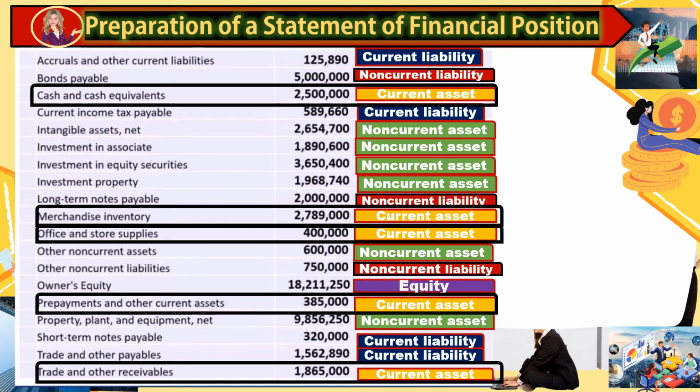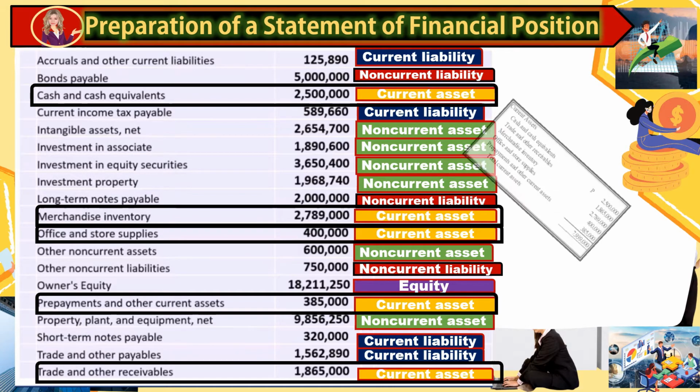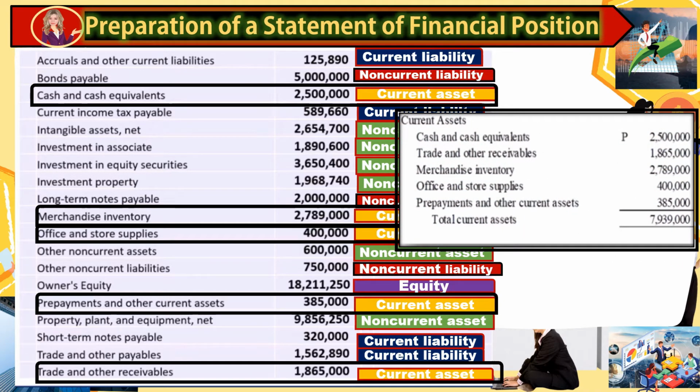You need to add all the amounts on the current assets. Start with cash and cash equivalents, 2,500,000. Trade and other receivables, 1,865,000. Merchandise inventory, 2,789,000. Office and store supplies, 400,000. Prepayments and other current assets, 385,000. It will give us total current assets of